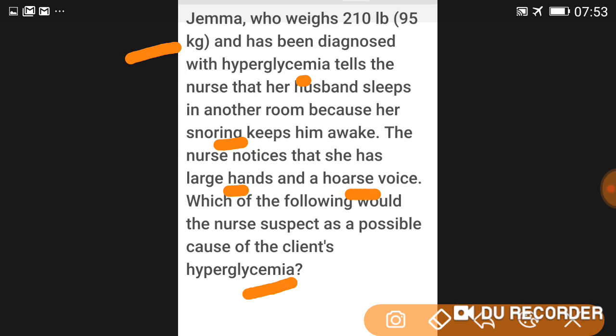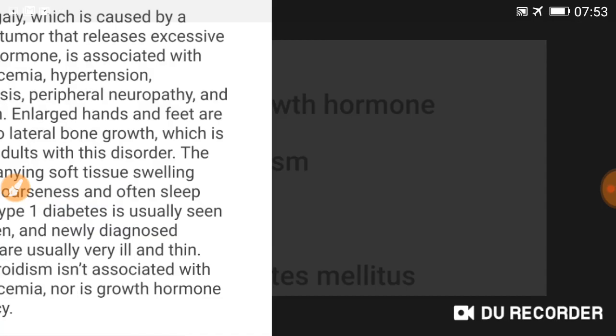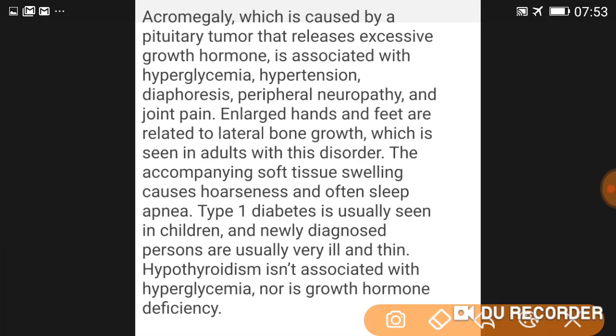So here the answer is acromegaly. Overweight, firstly obese, then hyperglycemia, snoring due to overweight, or large hands, or hoarseness, deepening voice. These all are features of acromegaly. Yes, so answer here is acromegaly. Remember, let's discuss why. Acromegaly is caused by pituitary tumor that releases excessive growth hormone, is associated with hyperglycemia, hypertension, diaphoresis,